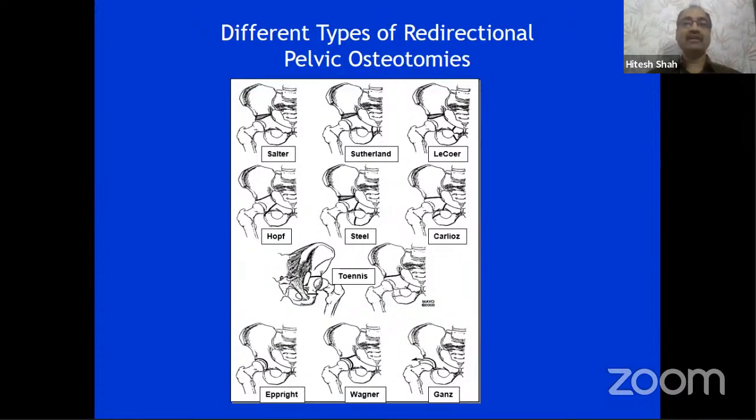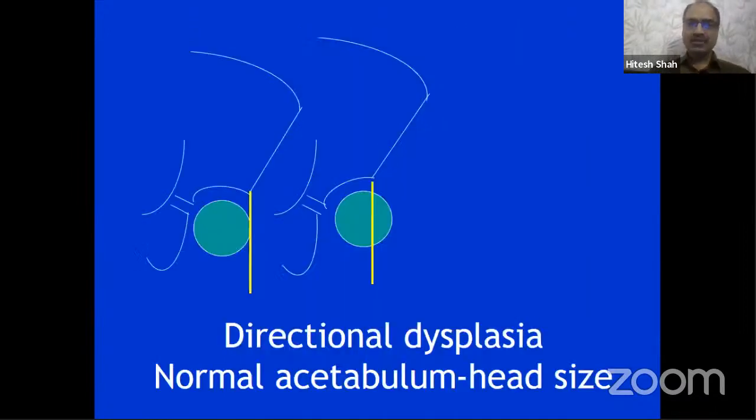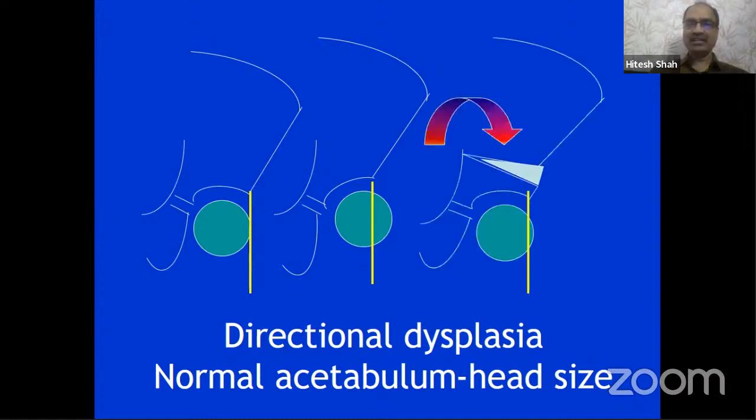All the names are different, but it will be either a single level cut, double level cut, triple level cut, or an incomplete cut. In other words, we can say Salter, triple, or Bernese, or the Ganz periacetabular osteotomy. So what are the principles? When the direction is abnormal, we can correct the direction by cutting about the acetabulum, through and through, and that is a typical Salter osteotomy,